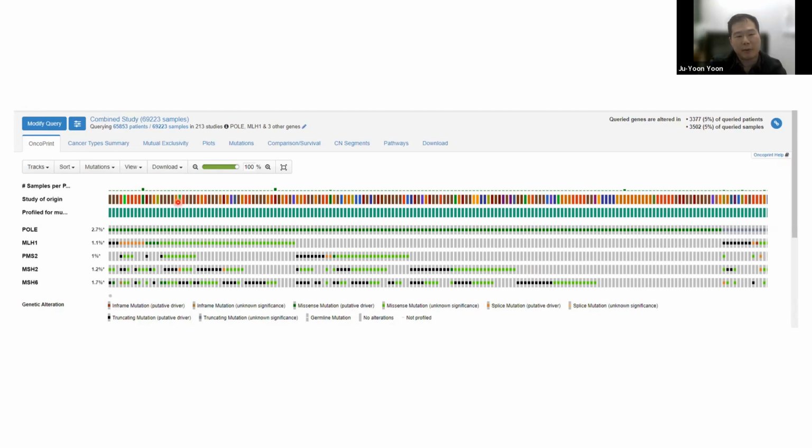So now, if I go back to cBioPortal and just look at all the cases, redundant cases, and look at cases with putative driver POLE mutations, there's actually significant overlap in terms of the cases that are POLE mutated, as well as cases with MLH1 or any of these MMR gene mutations. And a lot of these are truncating mutations shown by these black squares here. But if it's truly POLE mutated, at least in the gynae world, that is something that supersedes these MMR variants.